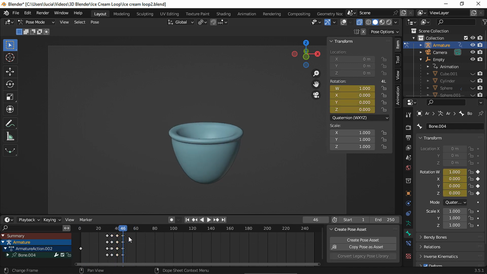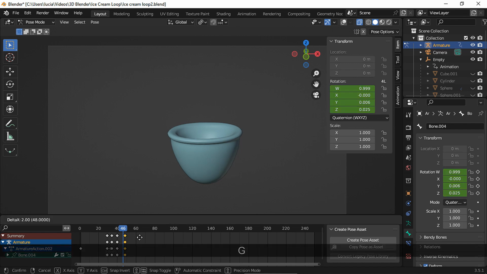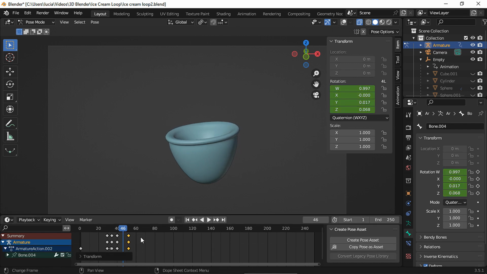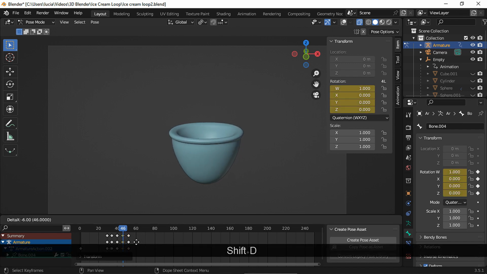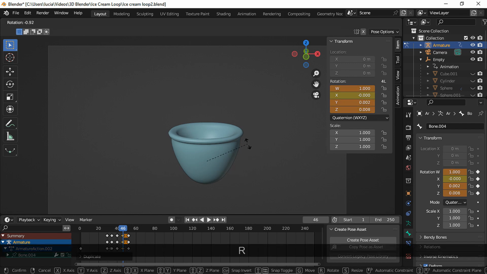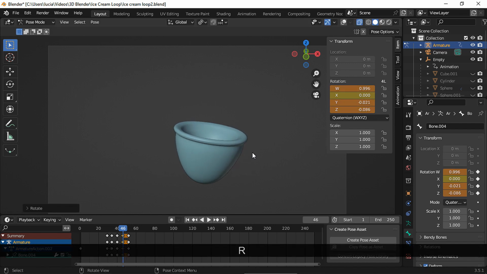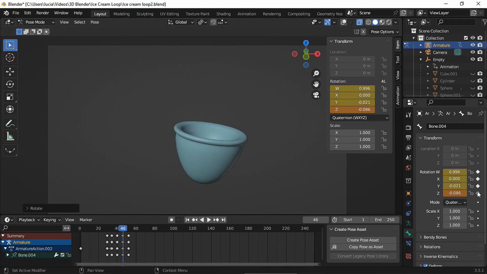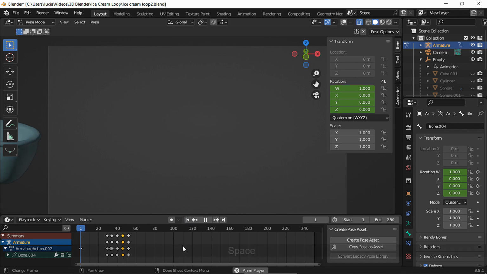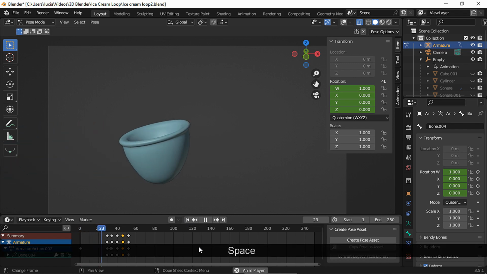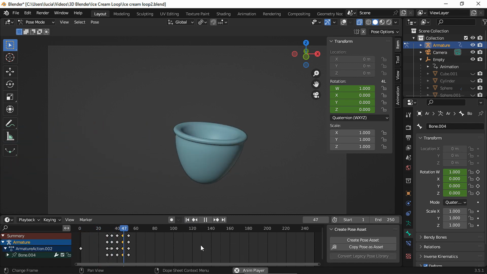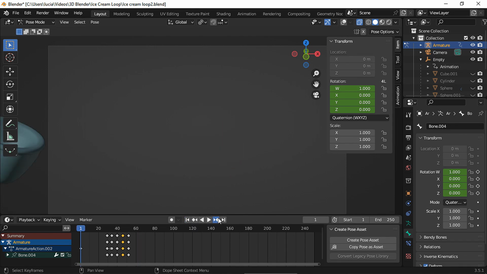Again, let's duplicate the last keyframe and take it to frame 52. And here rotate towards the right, but not as much as we rotated the last time, so the velocity decelerates gradually. And I think we got it. Let's go over each keyframe so you can check your work out.